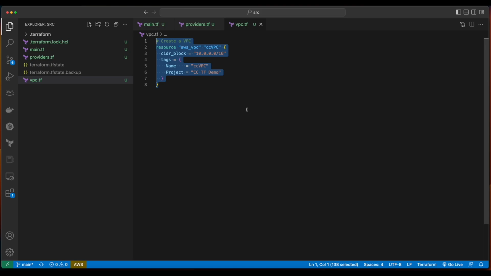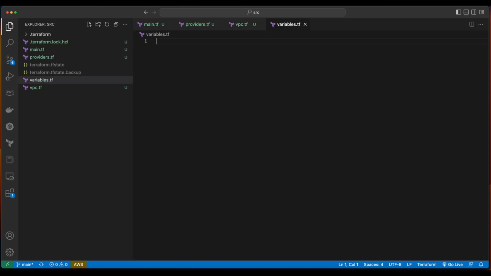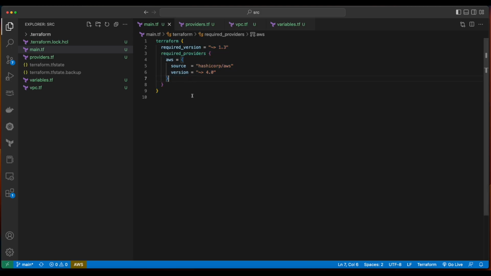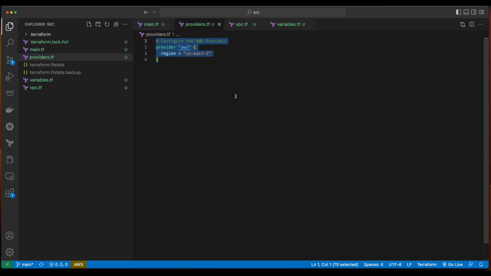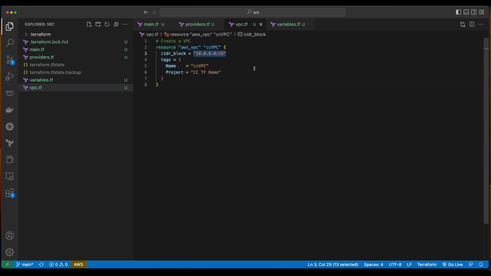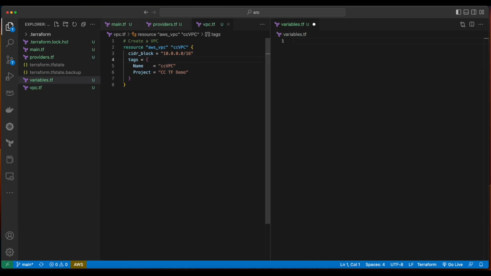So in order to address that, what we'll do is we'll create a file named variables.tf, and inside we'll declare variable blocks for the variables that we want to set dynamic values for. Now in main.tf, we'll leave this as specified, and the same inside of the providers. However, in the VPC, what we'll want to do is pass the value for the CIDR block and the tags in as variables. So in the variables.tf file,